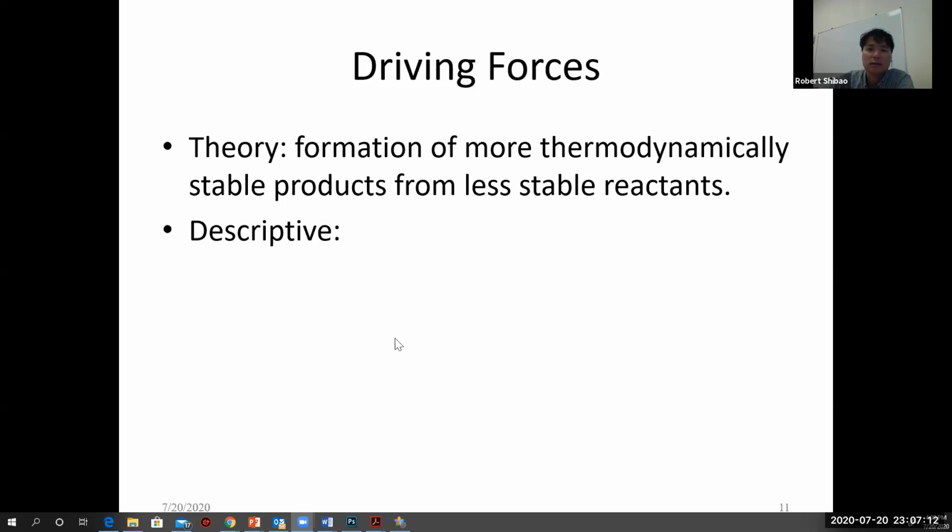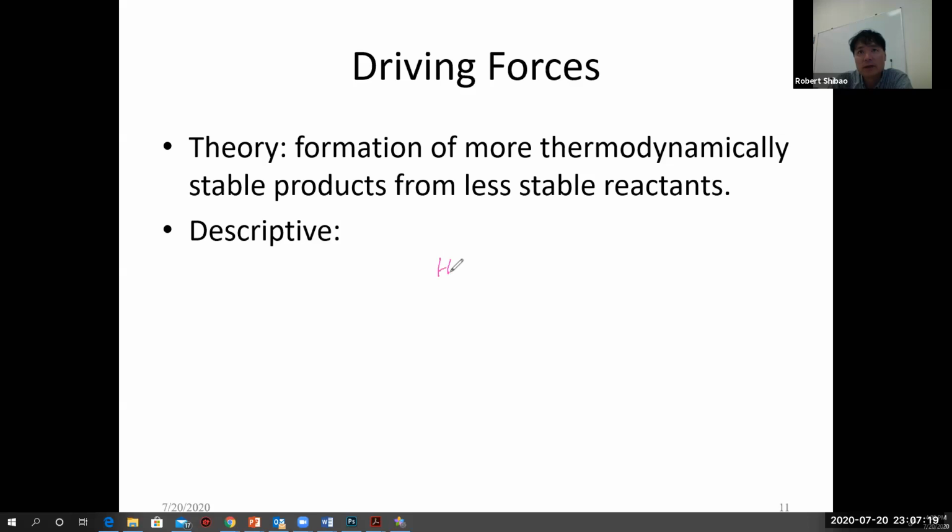And so let me give you a quick example of a redox reaction here. This is a redox reaction in which we'll take two waters, two H2O liquids, and then we're going to form two hydrogen gas plus an oxygen gas. And so would you expect water to decompose into hydrogen gas and oxygen gas? The answer is no, because when we look, hydrogen would be the reducer going backwards, and oxygen would be the oxidizer going backwards. And of the two waters, one water acts as the reducer, the other acts as the oxidizer.